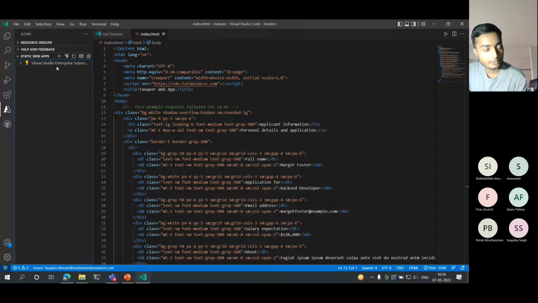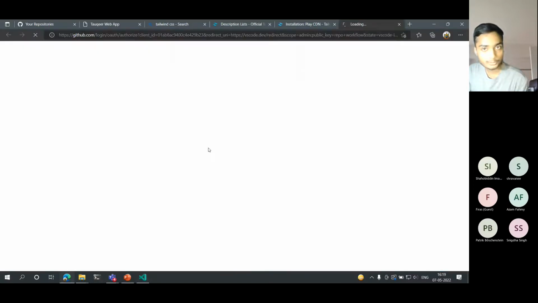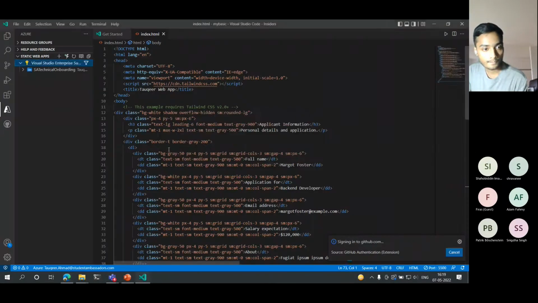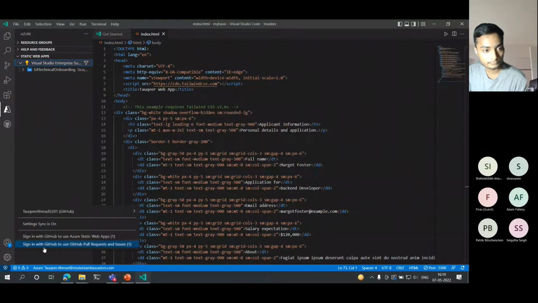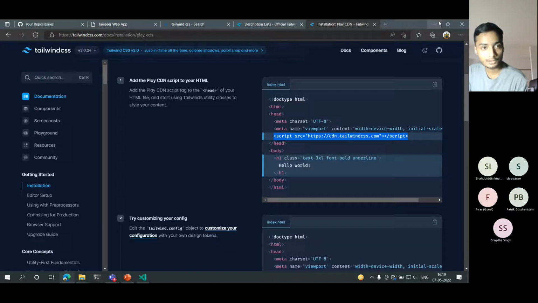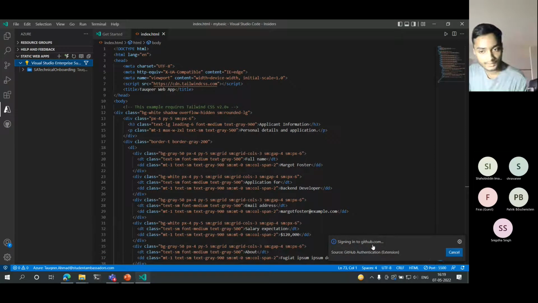Now the very fascinating thing you will find over here is, what shall I do? There are a lot of things. Like how to manage all these resources, all this stuff. So do not worry about that. I shall be signing in using my GitHub. Let us get signed in because you have to sign in all the places where you are pushing your code. It may take some moment, so do not worry about that.